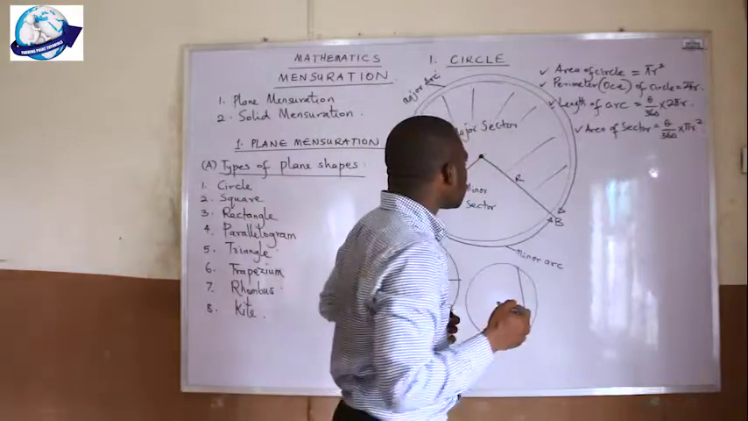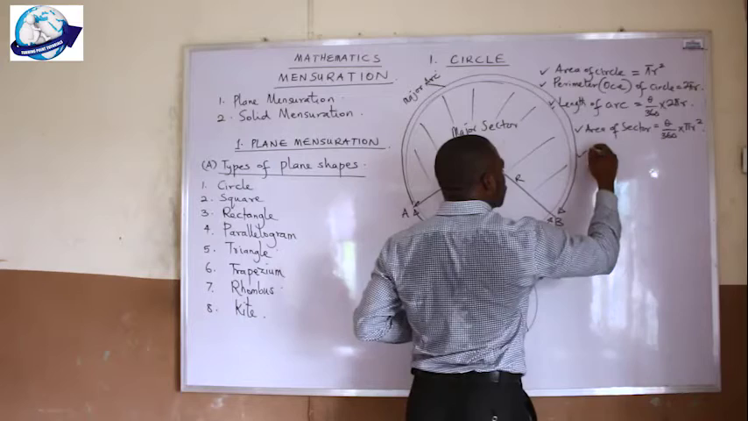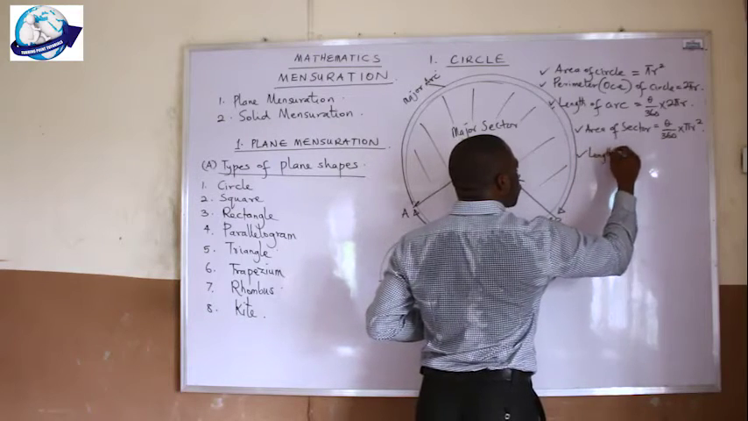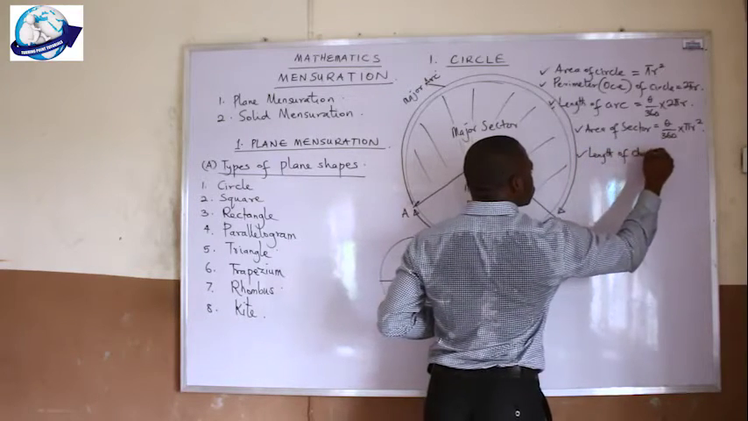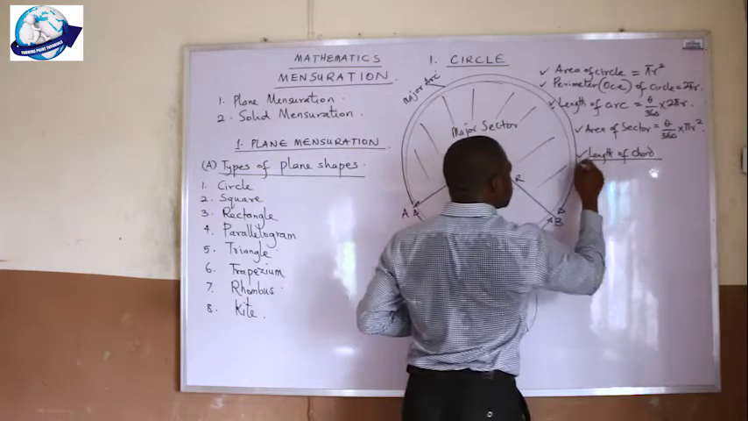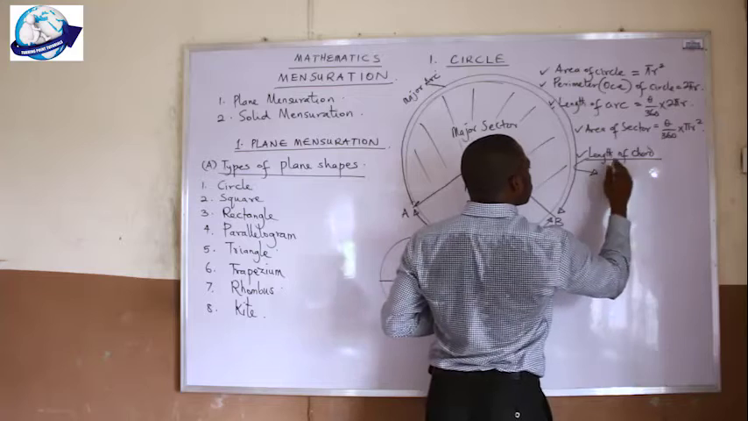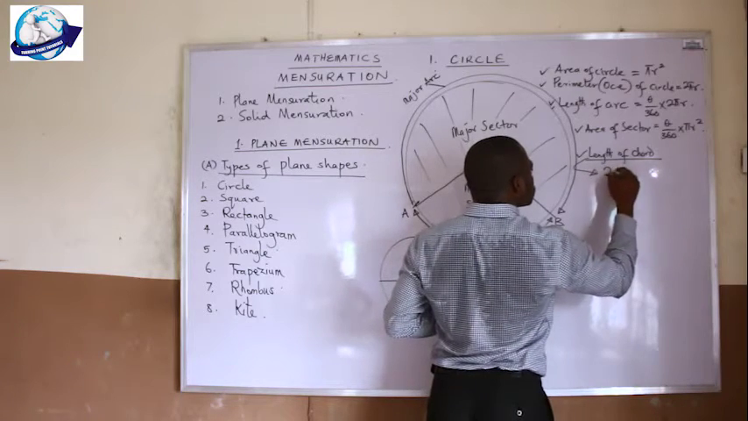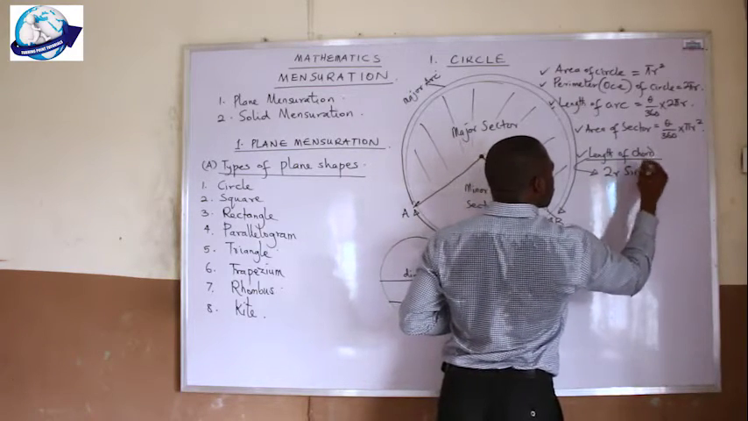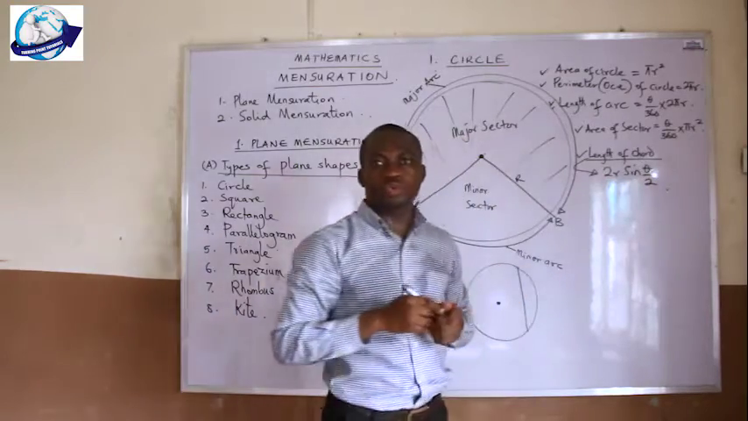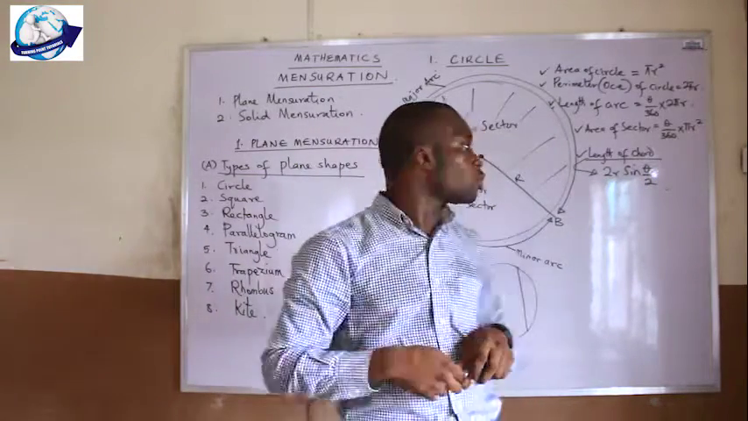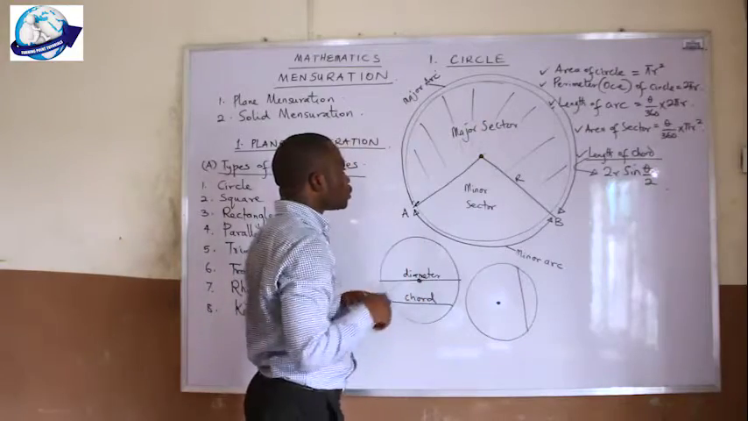So what is the length of a chord? Let's create another formula now. Length of chord. I need to put it down here. Length of chord is 2 radius sine theta over 2. This formula will help you when you're calculating the length of a chord. Then we can graduate into